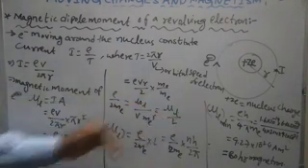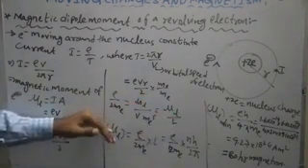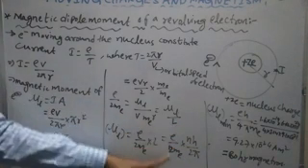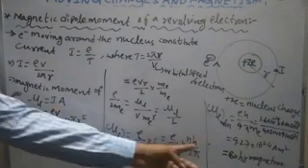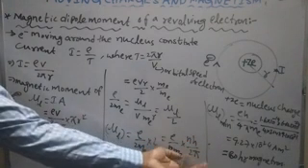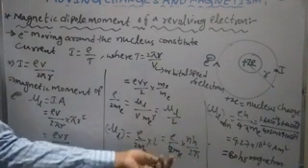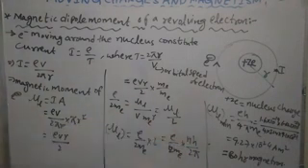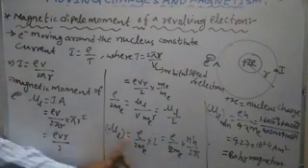In the nth orbit, how to calculate it? Use the expression for the magnetic dipole moment of the revolving electron, e by 2Me into nh by 2 pi. You know the value of h, and if you know the number of the orbit, and pi is already known. e is the charge of the electron and Me is the mass of the electron. All are known values. If you know n, then we can easily find the magnetic dipole moment of the revolving electron. This is the simplified expression. Remember, it is very important.